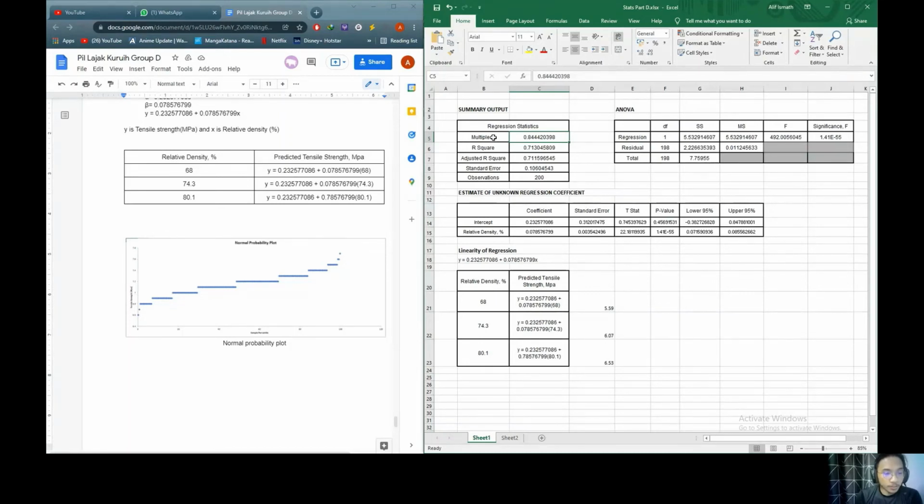And then we get the multiple R is 88.88%, which shows that there is a correlation and an acceptable fit. From this data, we can check the